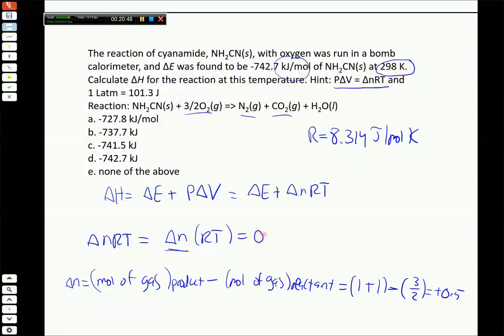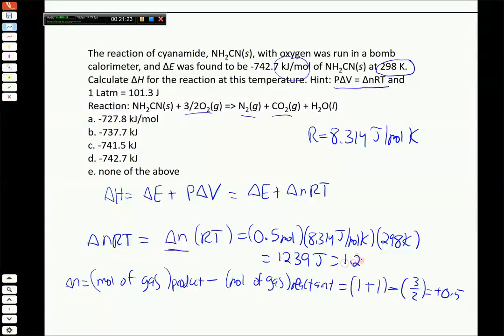And so this term here, delta nRT, is going to be 0.5 moles times R, which is 8.314 joules per mole Kelvin. And then the temperature, which in this case has to be in Kelvin because it's not a delta T, it's an absolute temperature, is going to be 298 Kelvin. And so this term here then comes out to, it should be a positive number, 1239 joules, which equals 1.24